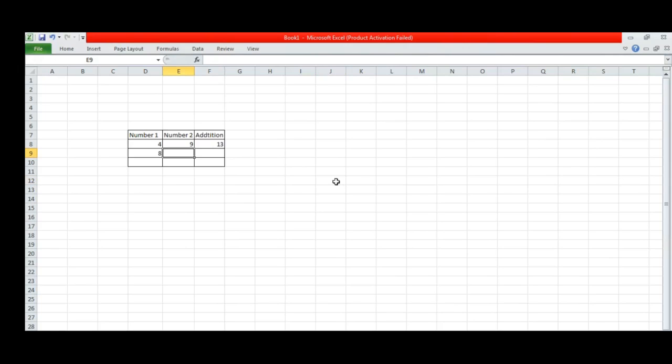56. Now how will we write the formula? Again, equal to 8 plus 56. Okay, this is a formula. Now we will use this formula with the cell reference. Cell reference means we will use the address here.